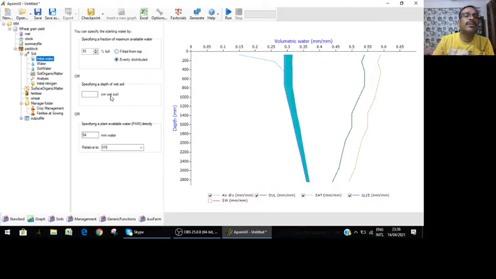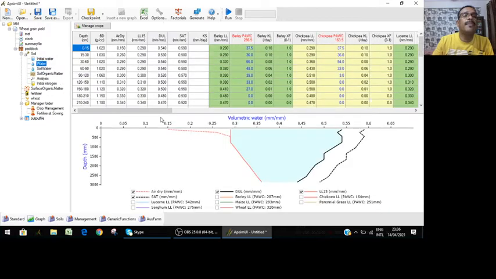You can keep that one, or specifying the depth, how many centimeters of wet soil, or specifying the plant available water capacity directly. So it's up to you how you are specifying. Suppose let me specify 10% of the total full maximum available water evenly distributed throughout the profile for initialization of the simulations. And here I'm not putting anything, I'm taking the default soil to show you